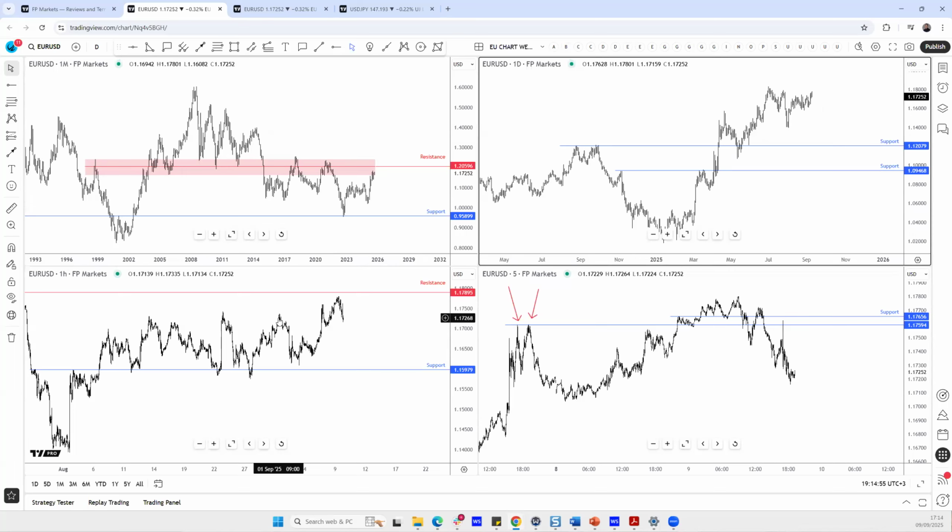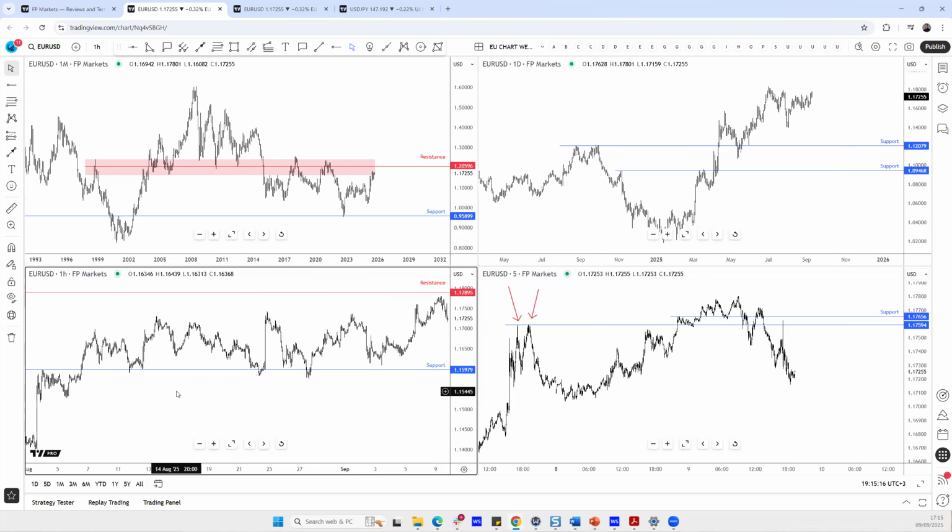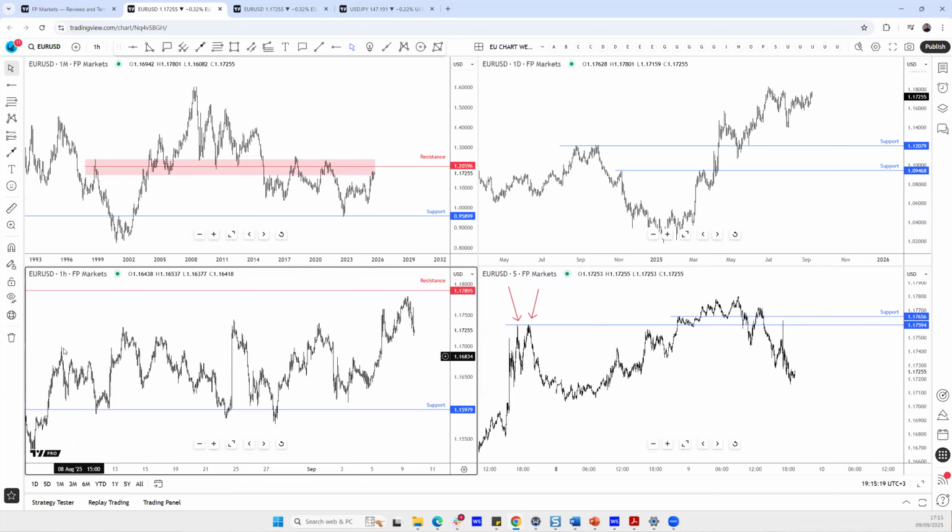For those newer traders here, if I was a complete beginner, how would I begin looking for support and resistance? Well, I can remember when I first started trying to identify support and resistance, I was advised to start looking at those clear swing highs. So instead of zooming in like this, zoom out a bit and look for those clear swing highs and lows. Don't worry about the terminology. This would be a higher high, higher low, but just think of them as swing highs. So look for those swing highs and then look to marry them up with